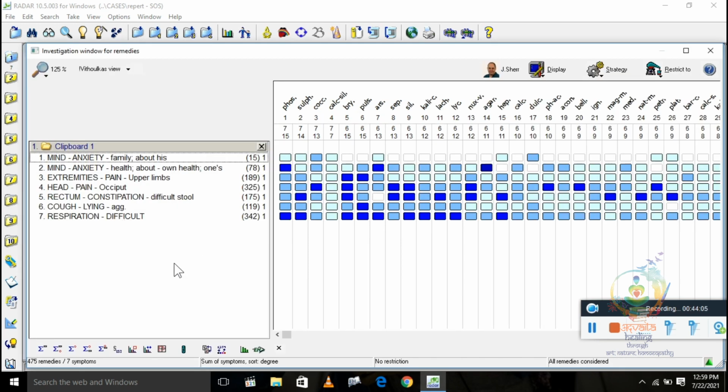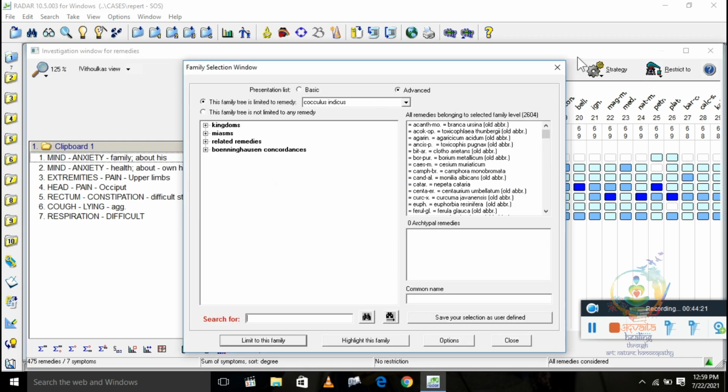Now let's see, you have this repertorization chart, and then you have found this cocculus or cocculus indicus here.